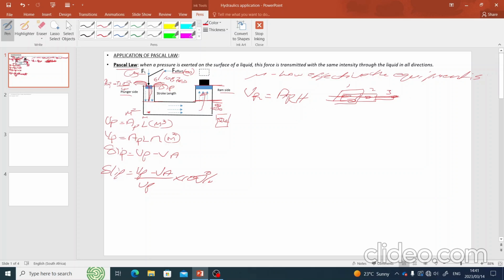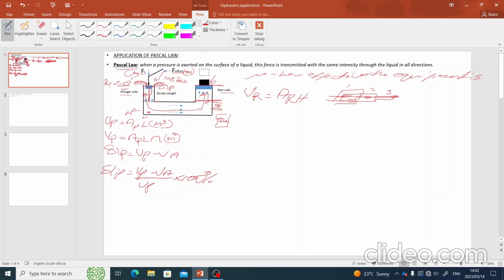Then it will be area ram multiplied by height, then you get the ram. Now the ram as well can exert a downward force. Vice versa, it is true, the mass of this can exert a downward force. Then you can have the pressure transmitted with the same intensity throughout. Now these are the formulas that we will be working with. Another thing that I need to make note of, like I said, is that the